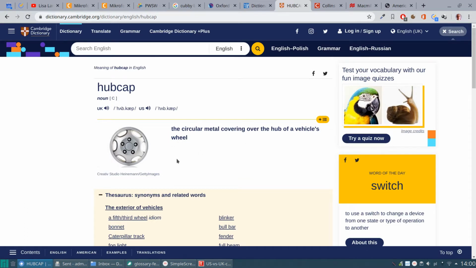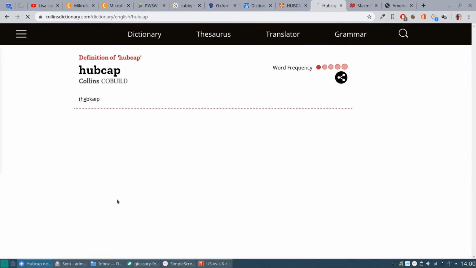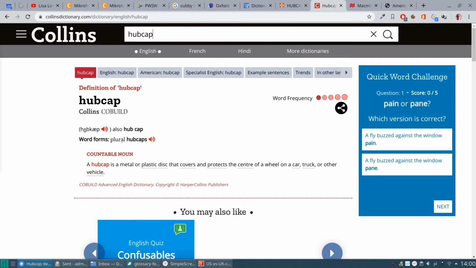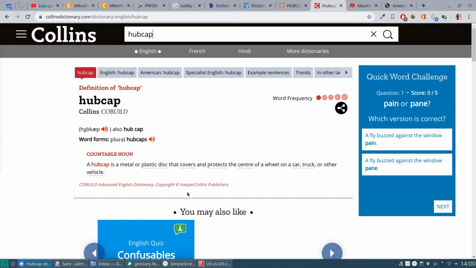the only information you've got here is that it's a noun, and you've got the definition, you've even got a picture, and you've got the British and American pronunciation. No information as to which variety this is used in, right? Which would imply that it's probably used in both, right? But of course, if you don't trust one dictionary or just one dictionary, you can try others. So let's search for hubcap, right? Also, hubcap has two separate words, and again, you just have a definition, no indication as to